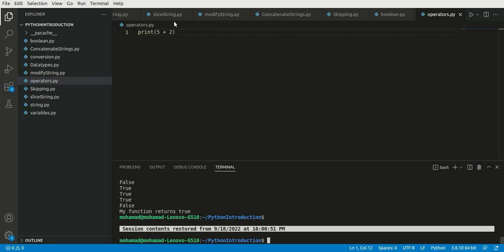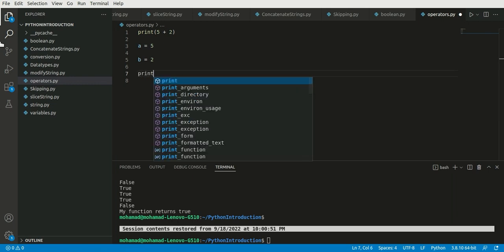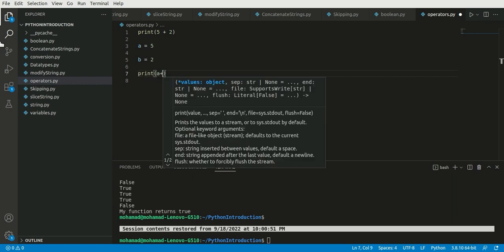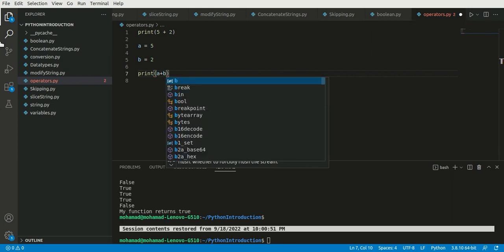This is very obvious, but we're gonna make things much more complicated. So let's declare two numbers. A equals 5, B equals 2, and we're going to print the result of this addition, A plus B,